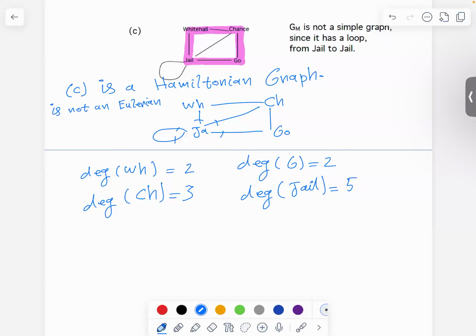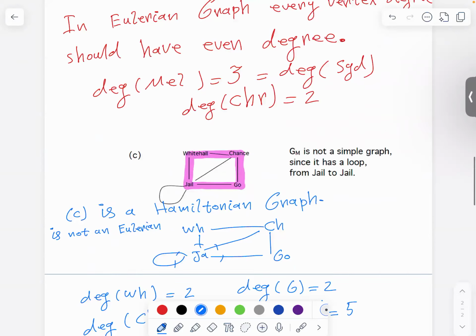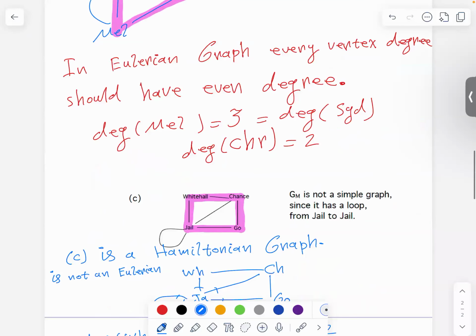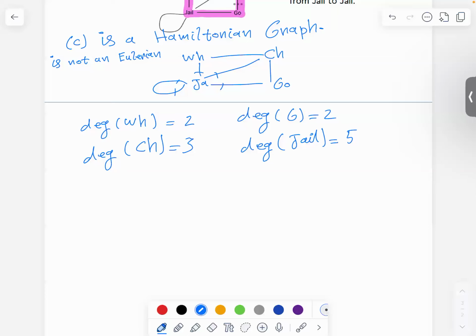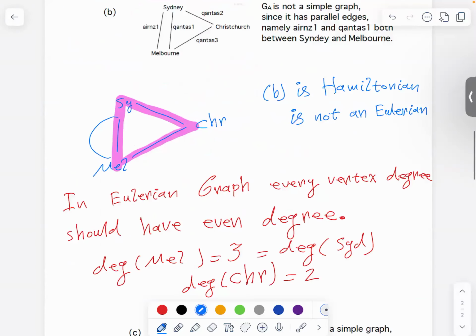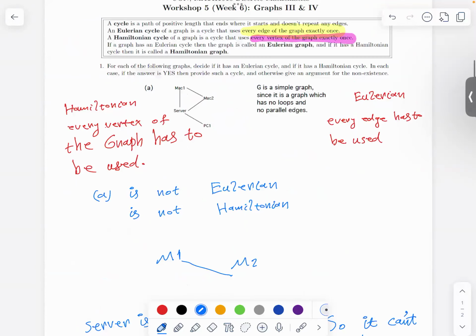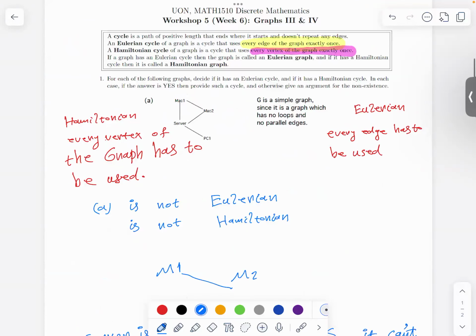All right. So we are now in the place to start with question 2. Question 2 asks whether this graph has a Hamiltonian path or an Eulerian path. Well, question 1, part A, yes. And let's add